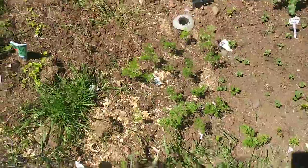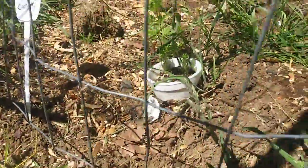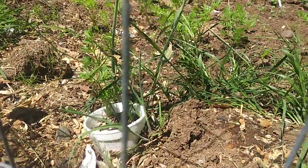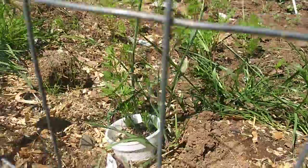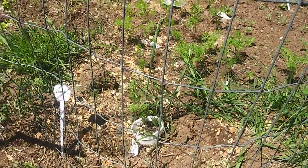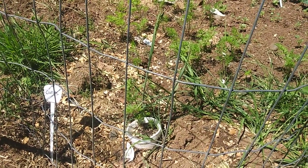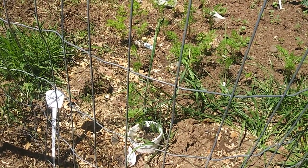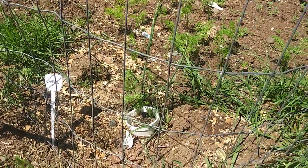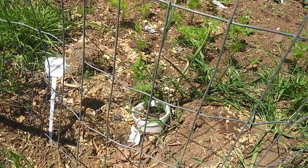And then we got carrots here, and this is a little experiment that I'm doing. We planted the carrots to start them in styrofoam cups. And you may think that's bad for the environment or whatever. Well, don't throw away the styrofoam cup after you're done with it. You can crumple it up, and there's some free amendment to soil that doesn't biodegrade that'll help keep it fluffy. And also these ones,